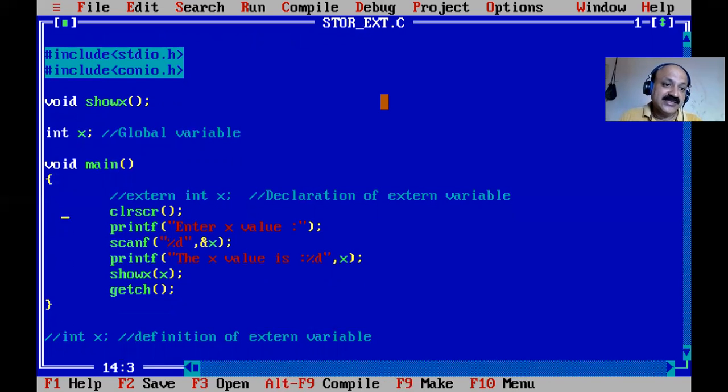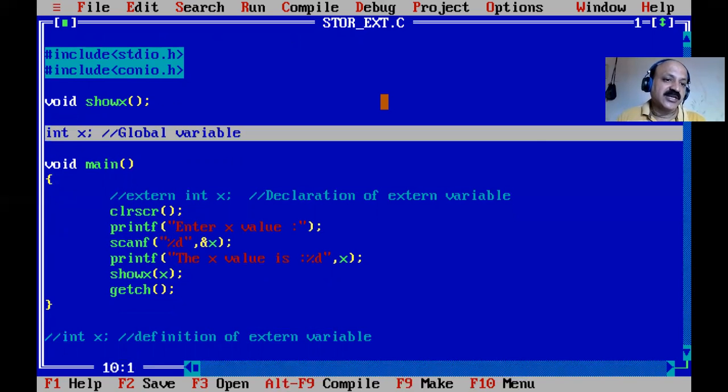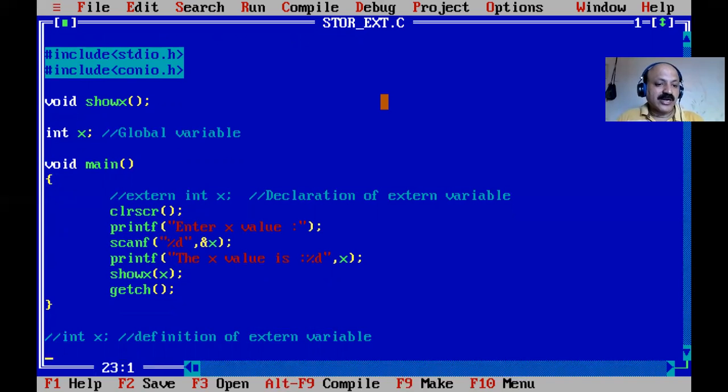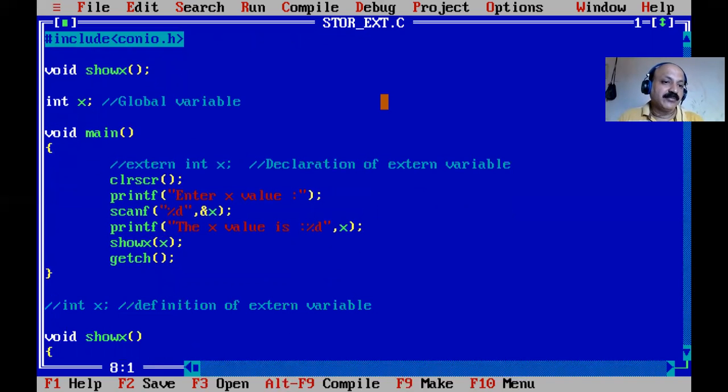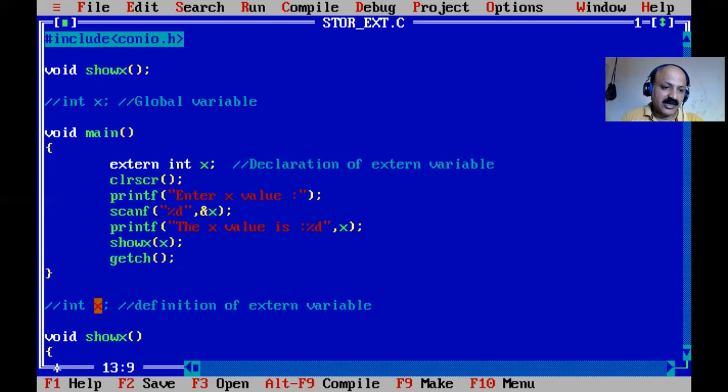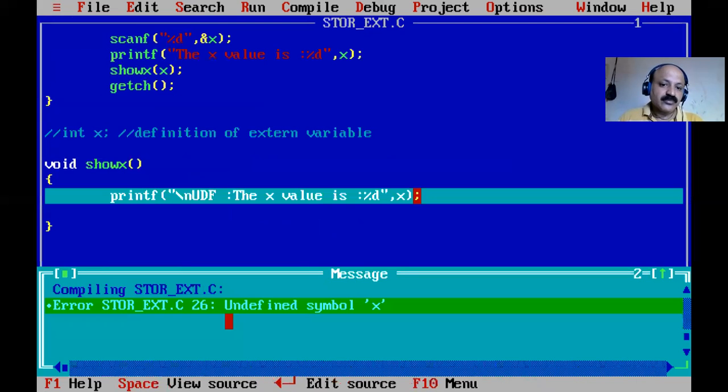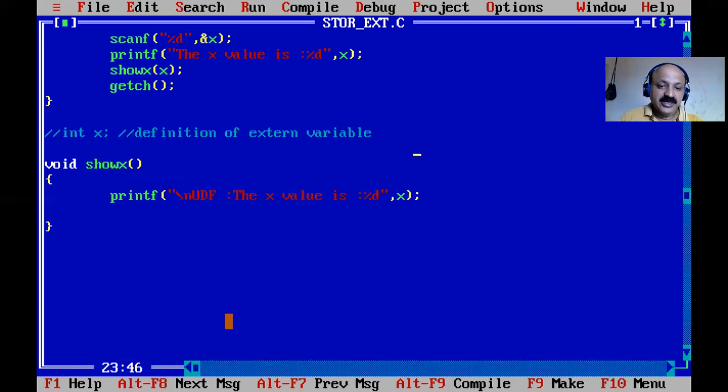So then you can give the definition of a global variable. You can declare inside the main and then use the external keyword. You can declare here in the global declaration section, but you cannot write the definition there because that is already covering both definition and declaration. Okay, so that is better. Yes, I just uncomment the line here. So that is giving an error. So we have to comment the definition. So write it inside the main or any UDF. At that time it needs the global definition.